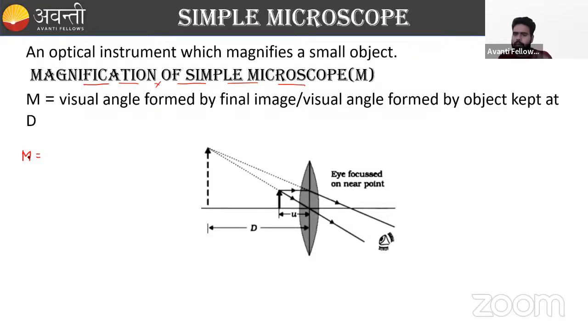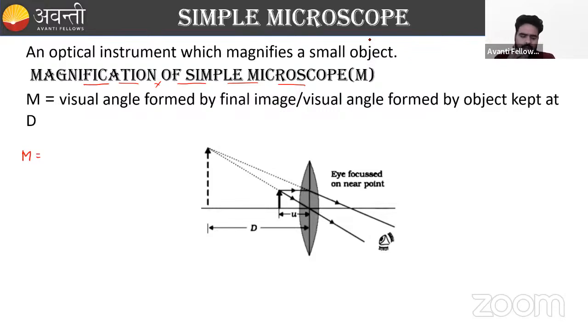This is not a linear magnification that we earlier studied in the case of the mirror and lens, right? This type of magnification is known as the angular magnification. And what is the angular magnification, guys? Suppose if an object is placed, if we consider a lens, generally a simple microscope is nothing but a simple convex